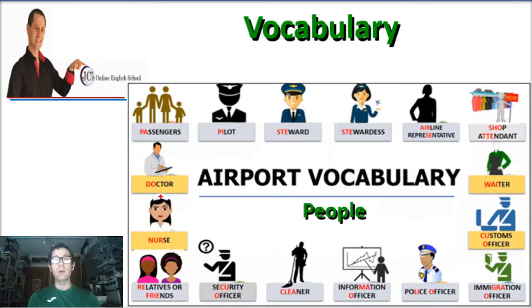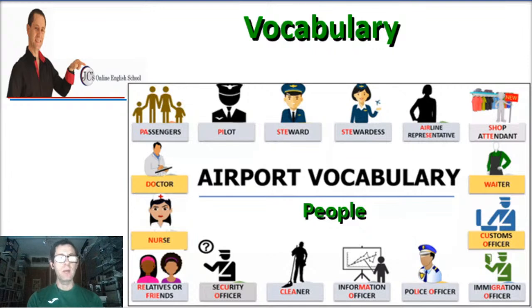In case of a woman, that would be stewardess. Stewardess. Okay. Now, you also have an airline representative. Okay. Then you have a shop attendant. Then you have a waiter. Then you have the customs officer, followed by the immigration officer, followed by the